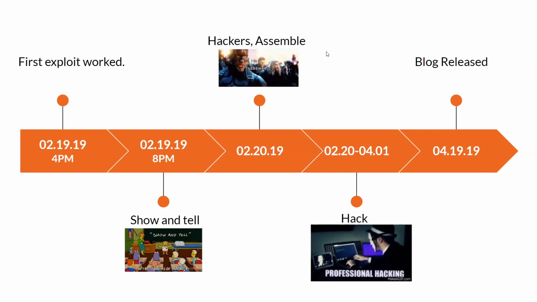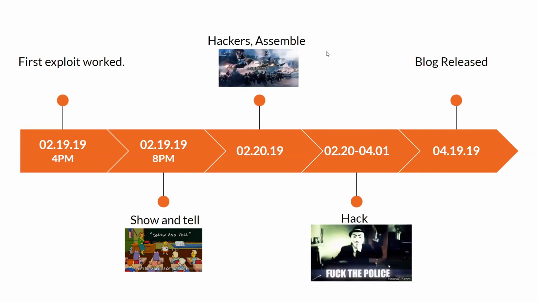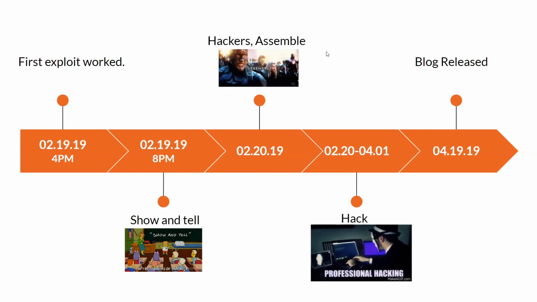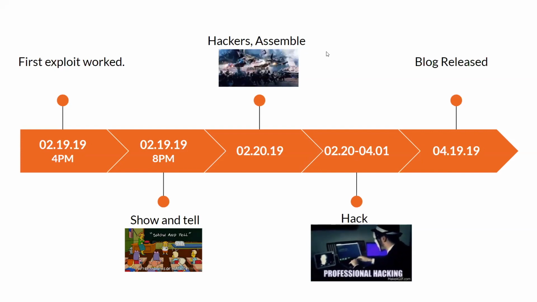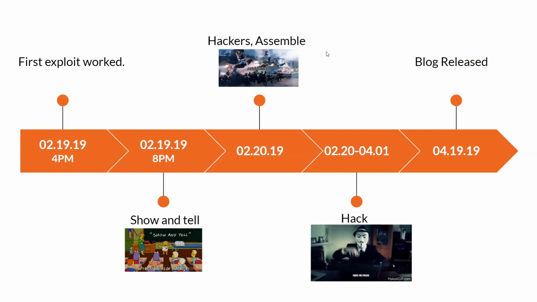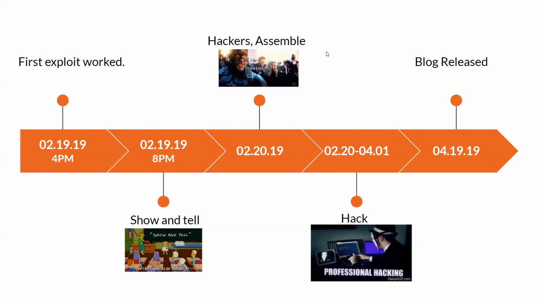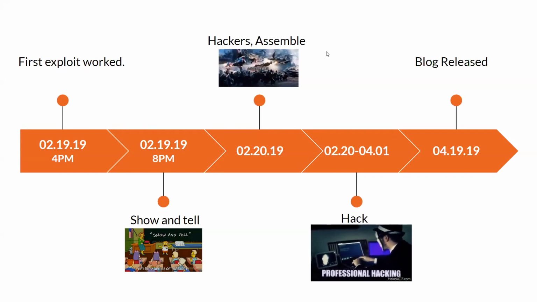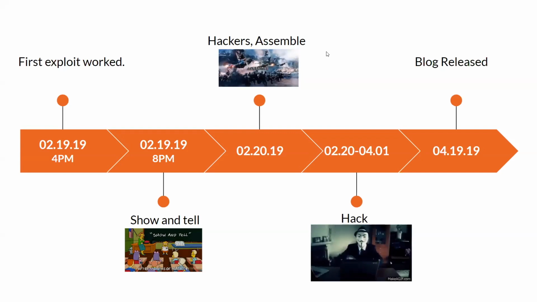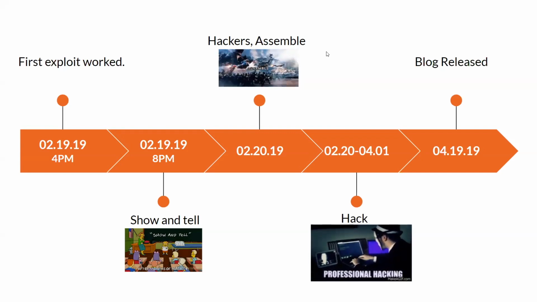So while I was at school, I had a class at 5 p.m. I was like, all right, I need to get this to work. I need to attack this. I want that bounty. Around 4 p.m., I was testing signing up on Atlassian, and it sent me a verification email saying, verify support at company.a.com on Atlassian, and you will get access to your own Atlassian system. That was because I had signed up my own Atlassian instance.